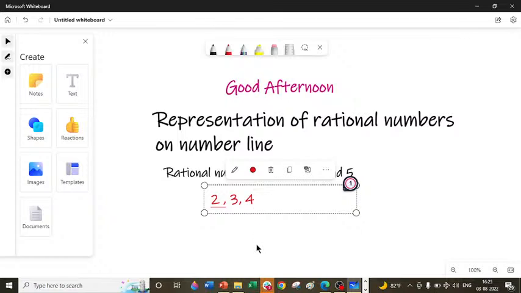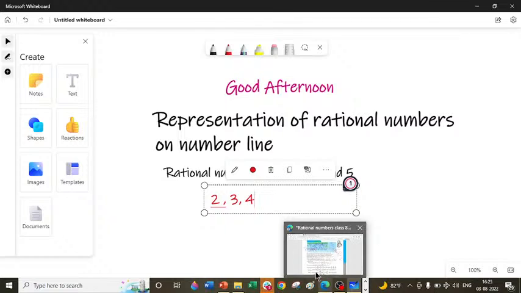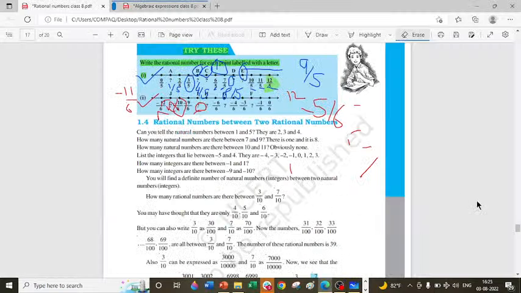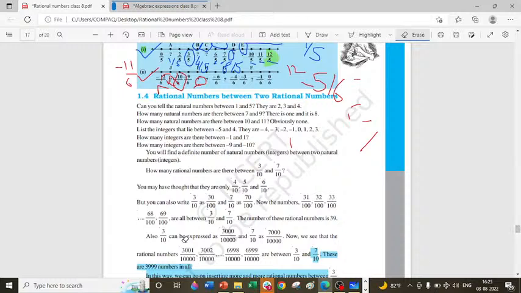So 2, 3 and 4 are the rational numbers between 1 and 5. So I hope you are clear till here कि हमें rational numbers कैसे पता करना है दो रैशनल नंबर्स के बीच में।